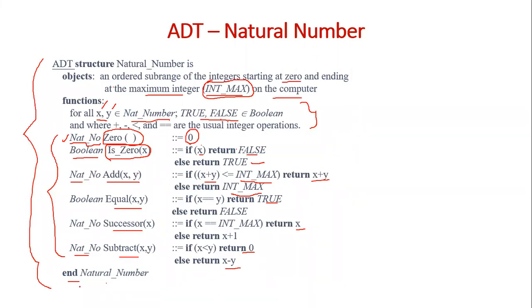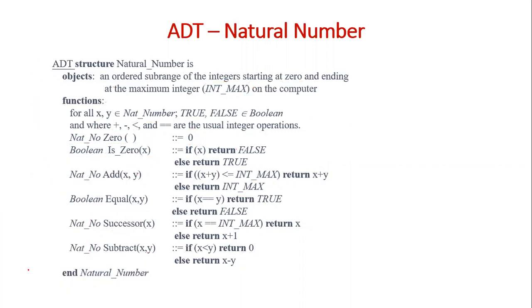These functions may differ. It is not that every programming language will implement the same functions. The functions may differ because in implementation, obviously there will be some changes. So with this example, I think you got some clarity about abstract data type. So abstract data type is the one